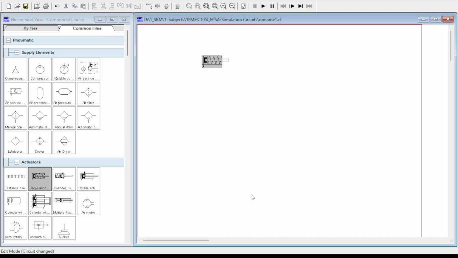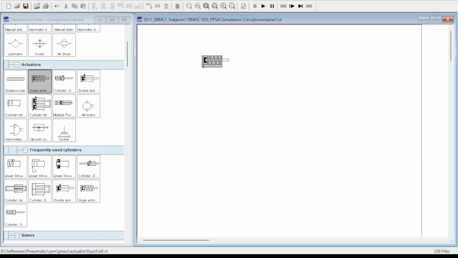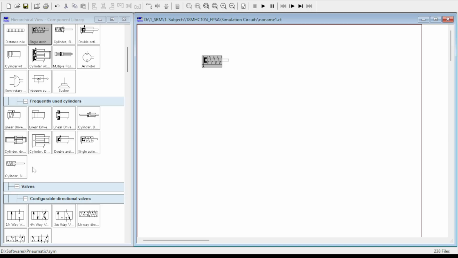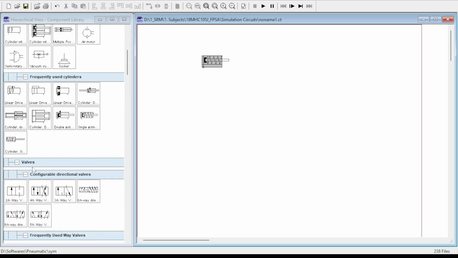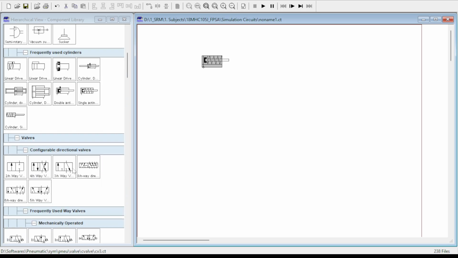For direct control of a single acting cylinder, we need a DCV which should have one output port, one input port, and one exhaust port. And for that, we will make use of a 3x2 DCV, which will have 3 ports in it and 2 positions in it. The left position is the normally open position and the right position is a normally closed position. A normally open position is one which allows fluid flow through it, and a normally closed position is one which blocks fluid flow through it.